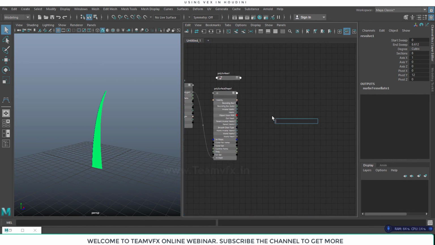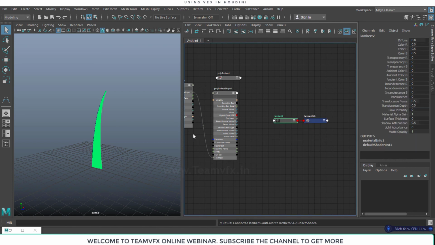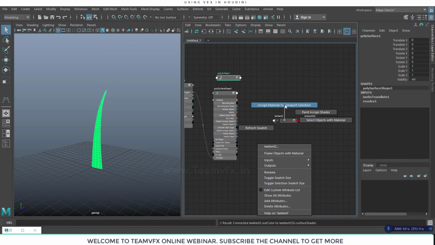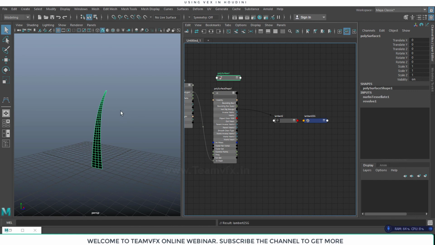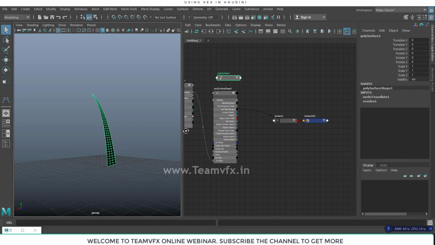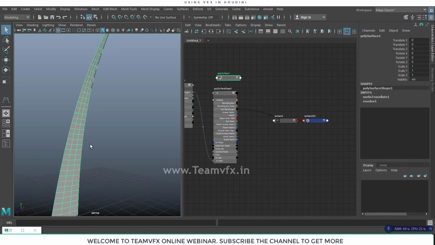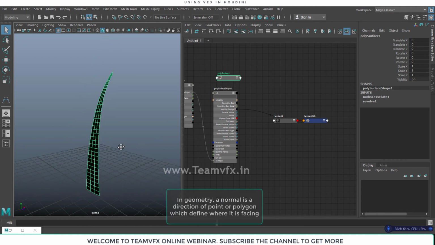I will put a Lambert over here, and I will select the surface and assign material to viewport selection. Everything is fine except our surfaces, our normals are on the wrong side.